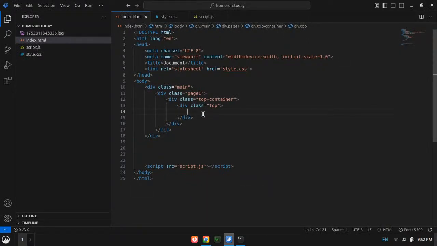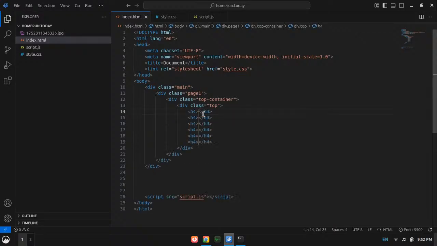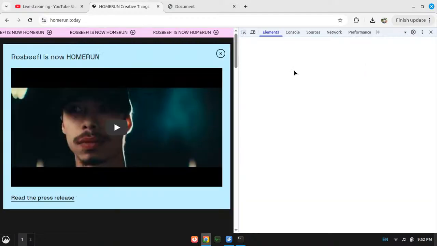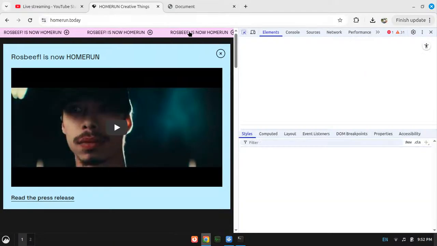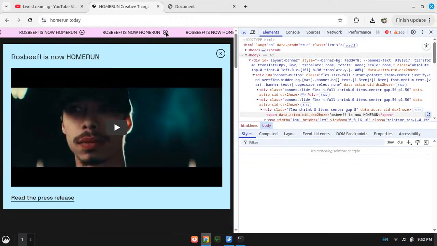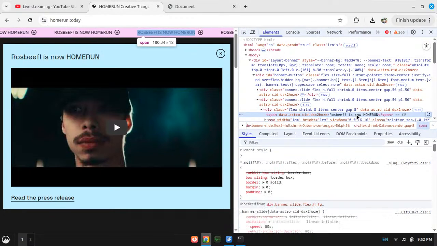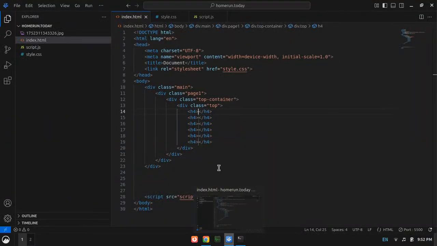So I'll create maybe 6 H4s, or maybe I do not need that much of H4s, but however, I then need this text, whatever it is. So I'll go to dev tool. I can actually type as well, but you know I'm lazy, so I'll copy from here. Okay, yeah, here it is. It's in a span, by the way, but however we will use H4s.